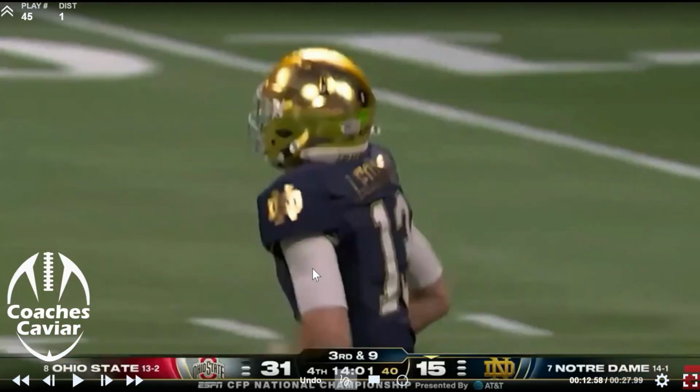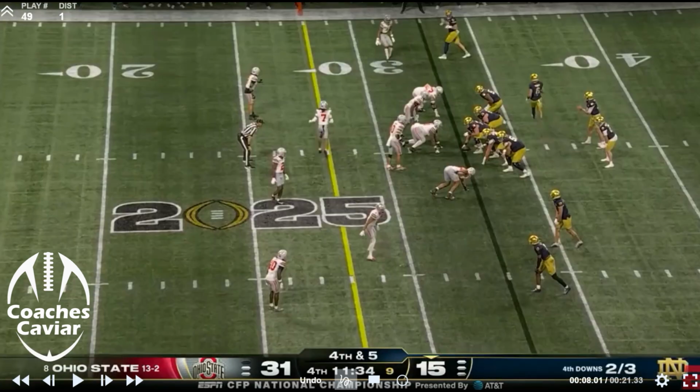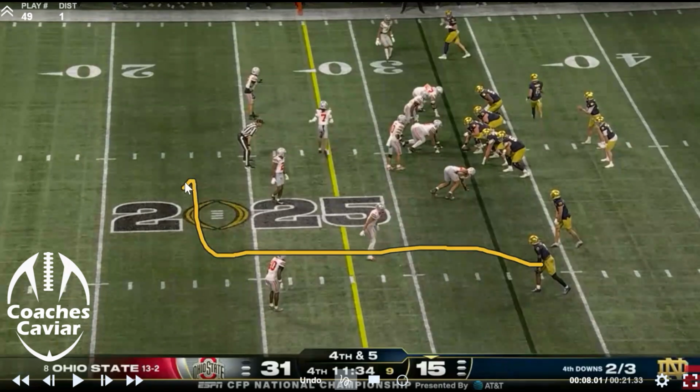But right there, on a 3rd and 9, you just kind of got the momentum back. You got the turnover. Got to have a good drive right here. Try to get down to 1 score. So great call here. This is on a 4th and 5. Same drive, so they got to come up with some clutch plays. And what they end up doing is coming in here. And a lot of times whenever you're doing this, you're running a smash route. But on this, they end up running a basic